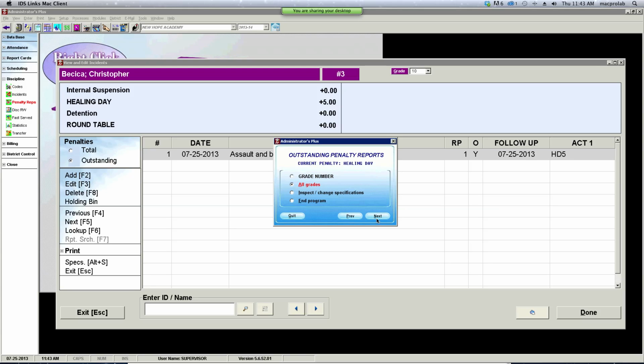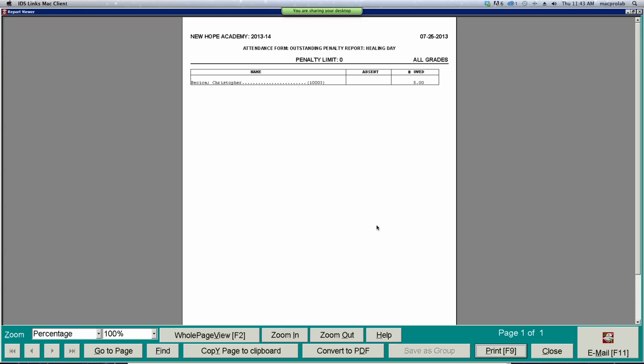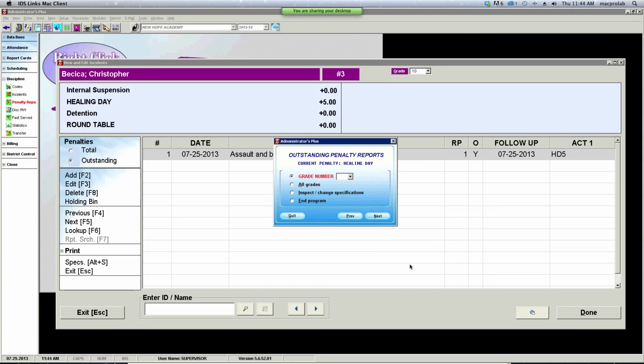And just, again, all grades, all students. So right now, he's the only student that will appear on the list. Right. So there's Christopher Rediker. So as you accumulate these, you can create this, and the list of all of them who have these will show up, okay? So click Close. So now you have an attendance form. So let's quit here,